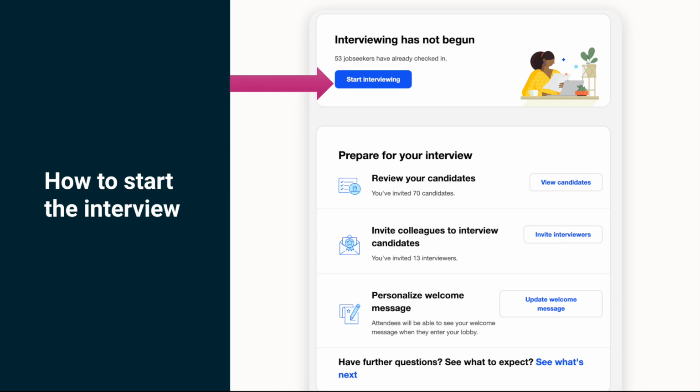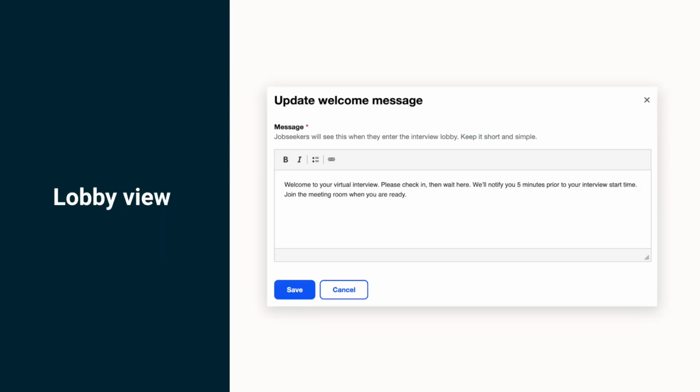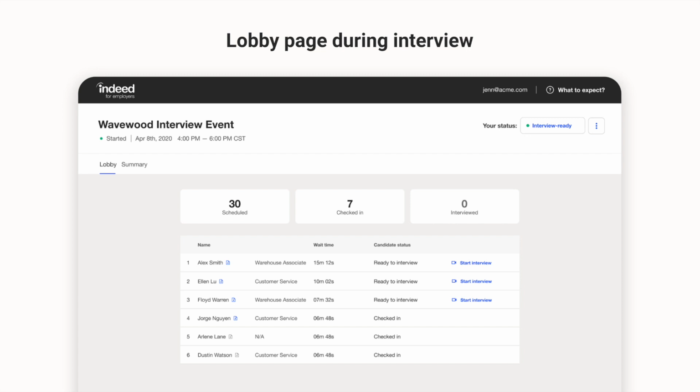Once you're in the lobby, you will be able to view RSVPs, invite additional interviewers, or personalize your welcome message. Your welcome message is the text the candidate will see when first entering your waiting room. Feel free to call out recruitment videos, your website, and your social media outlets. Now that you've clicked the Start button and crafted your welcome message, you will be entered into the lobby. If there are multiple job titles and locations for your interviews, that will be notated here.